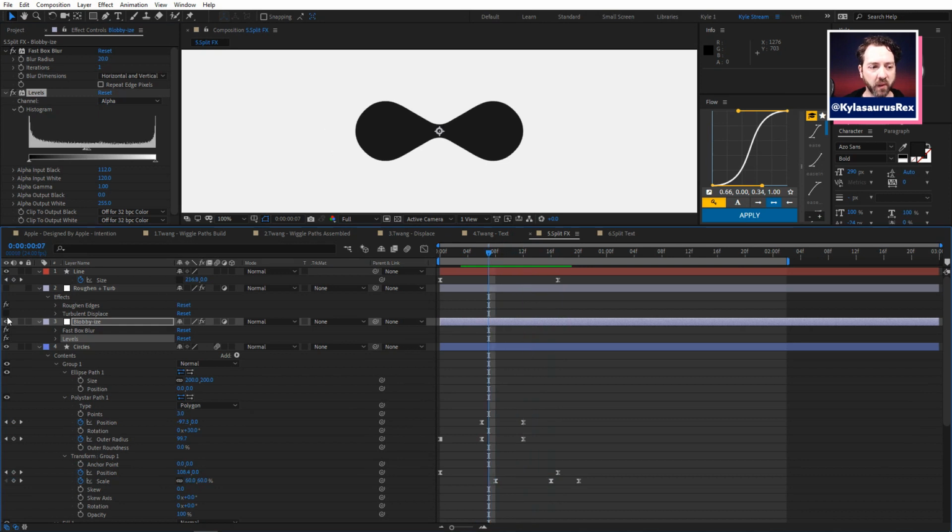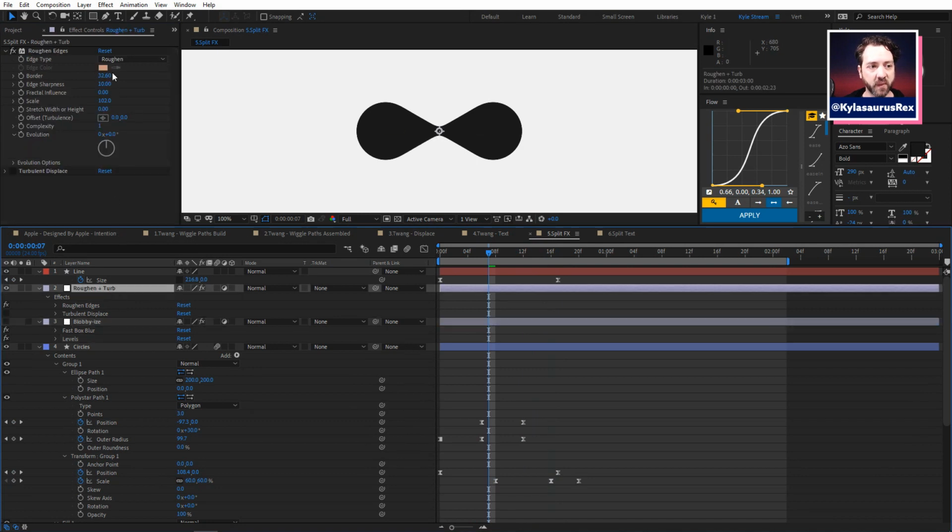And then another one that I also tried was Roughen Edges. It does a lot of this itself, so you could do it with just one effect. This is actually very similar to the way Evan does it in his tutorial, because you can really crunch the border in and determine the sharpness and the scale of it and stuff. And that's going to do a lot of this work in just one effect here, which is really nice.